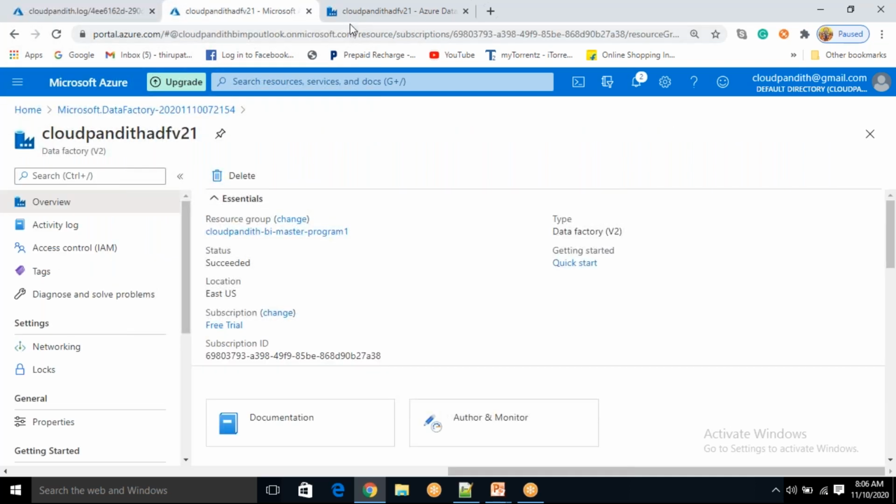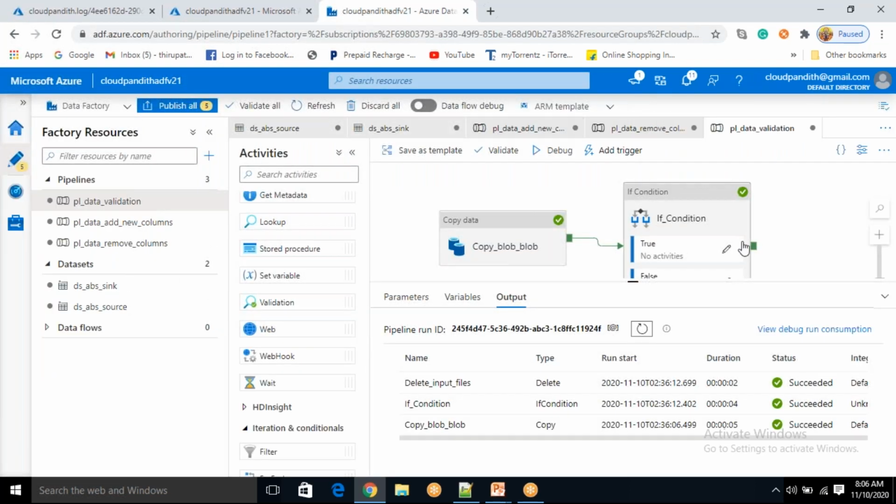Next, why did this particular pipeline fail previously? The reason is very simple. You deleted the output container, and at the same time you ran your copy activity. What happens is that in the backend it is still deleting your container, but from the front end you are trying to create it again. So one side is deleting the output container with the same name, and another side you are trying to create it. Both things are happening at the same time. That's why it failed.